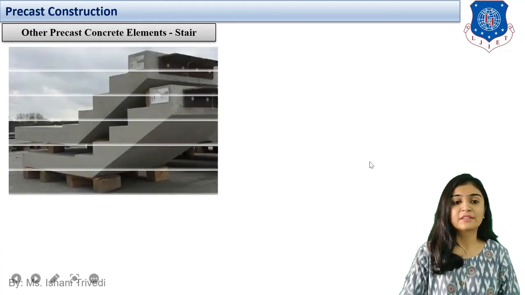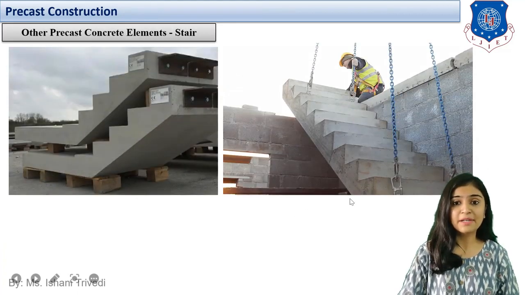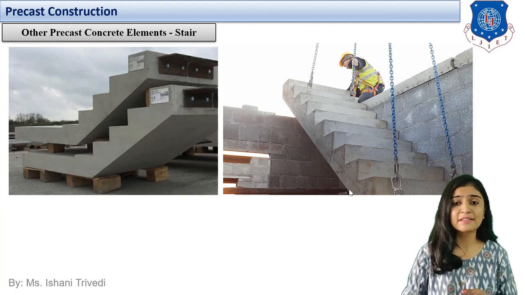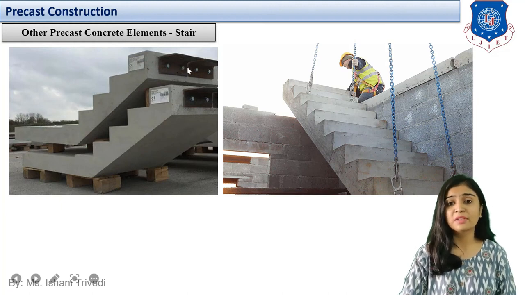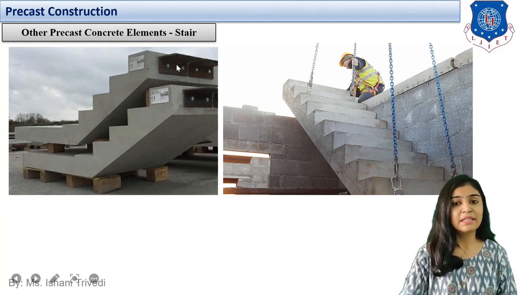Okay. Next, moving forward to the other elements, I am going to show you certain examples of precast concrete staircases. The stair which you have over here, can you see that this is a precast section? The girders or these hinges are provided over here. The joints will be fitted and fixed with the floor.